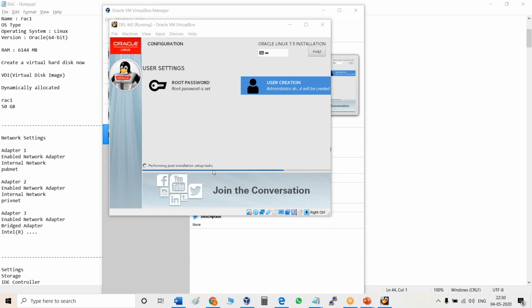So what is your question, Sundar, for RAM? I didn't get it. Now the package is done. Now it is doing post installation setup tasks.